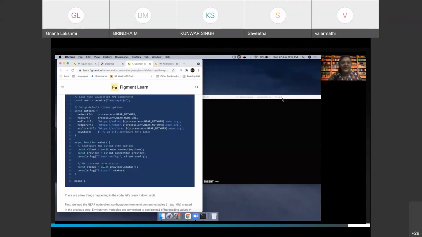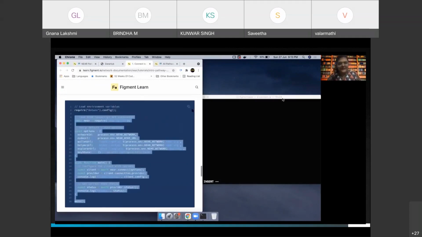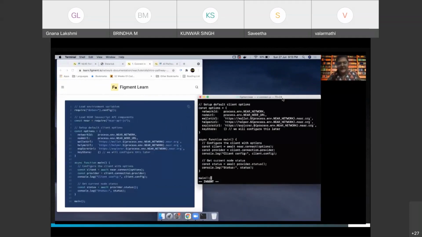Apart from this, we are getting the status of the current node, and we are also doing a console log for this. And finally, we are of course calling this function. It's an async function. There is a copy button as well. You can just copy the entire code and paste it here.